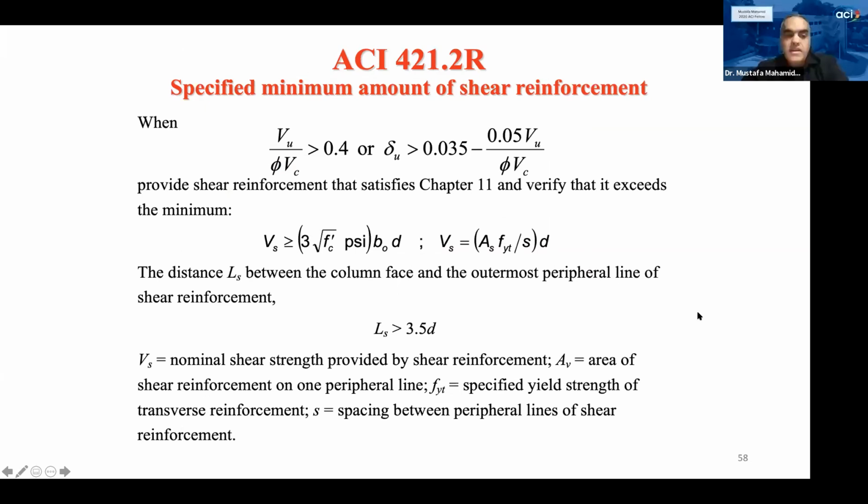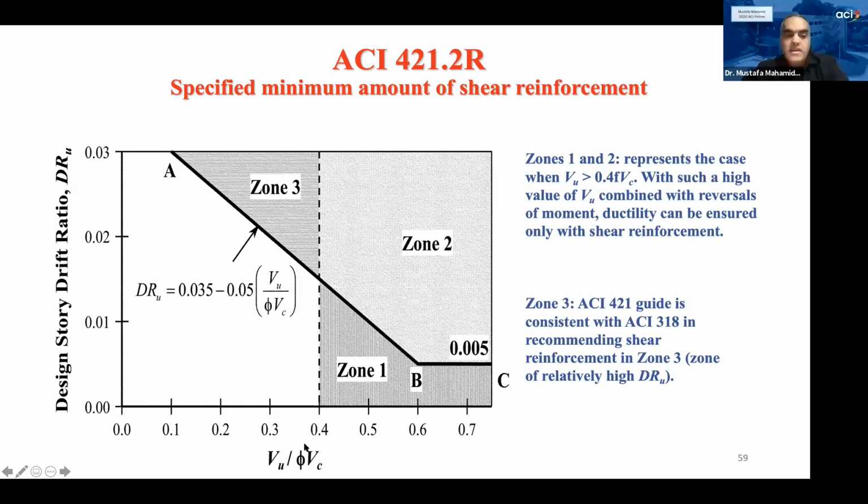Okay. Now, ACI 421.2 specifies a minimum amount of shear reinforcement. What is the minimum amount that should be applied? So here we have different zones. Again, this is the design story drift ratio on the vertical axis, and the horizontal axis is VU over φVC. Zone 1 and 2 represent the case when VU is greater than 0.4 times